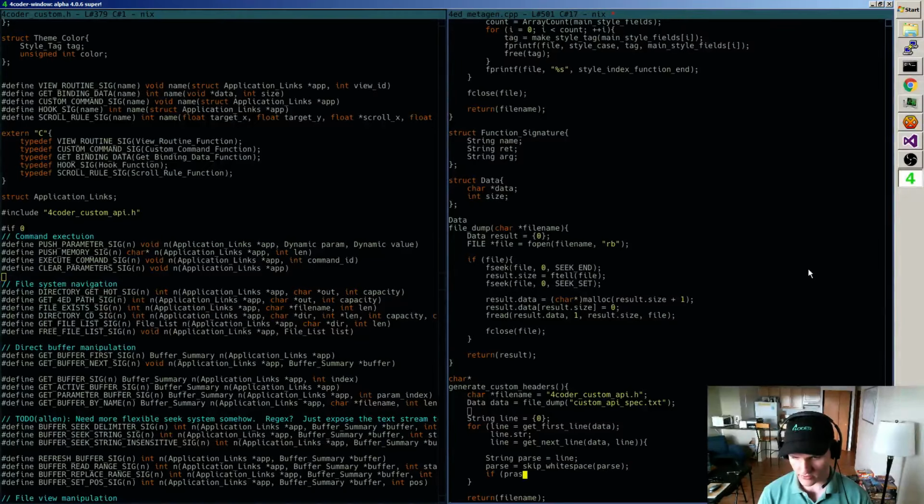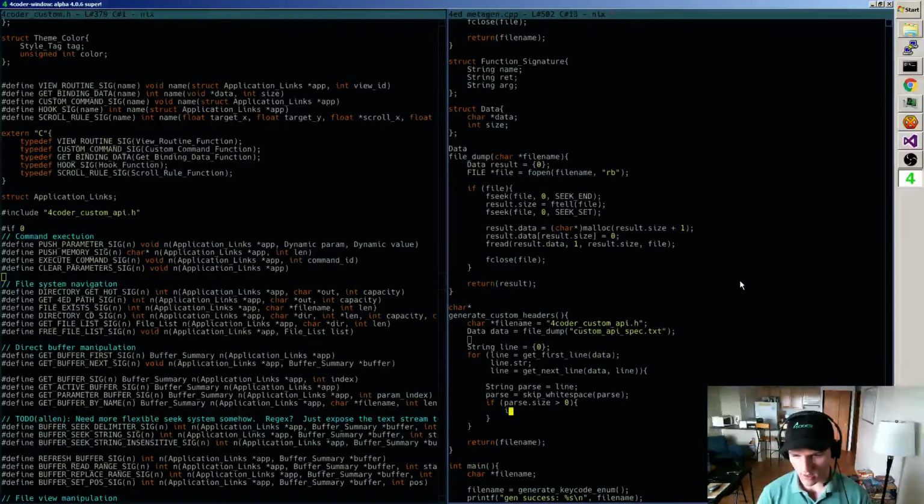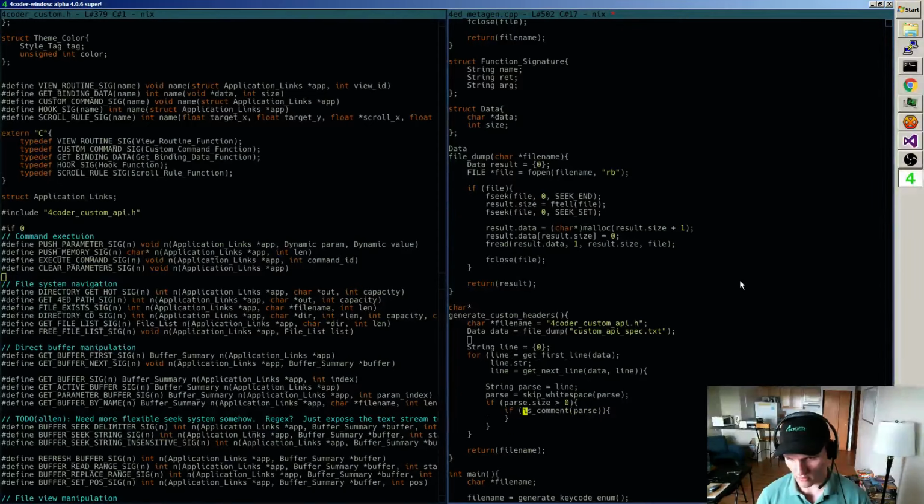If parse.size is still got, if there's still stuff on the line, then what I'd like to do is say, all right, if parse.str[0] equals, or if is comment parse, or if is not a comment, then